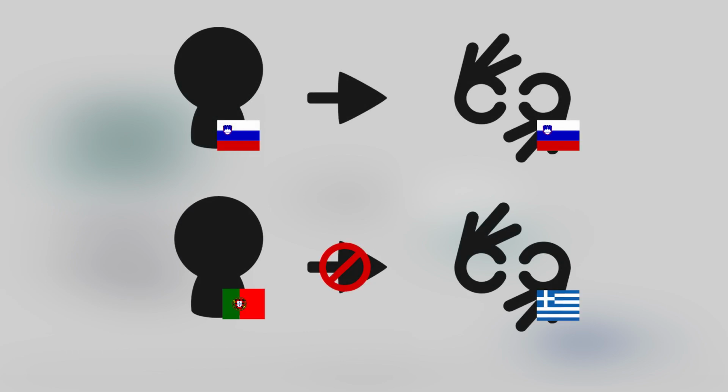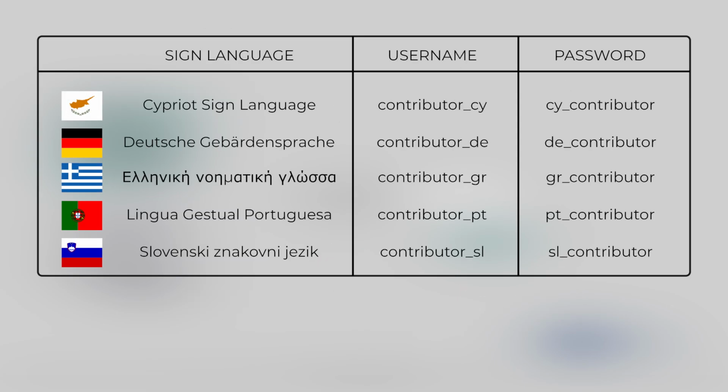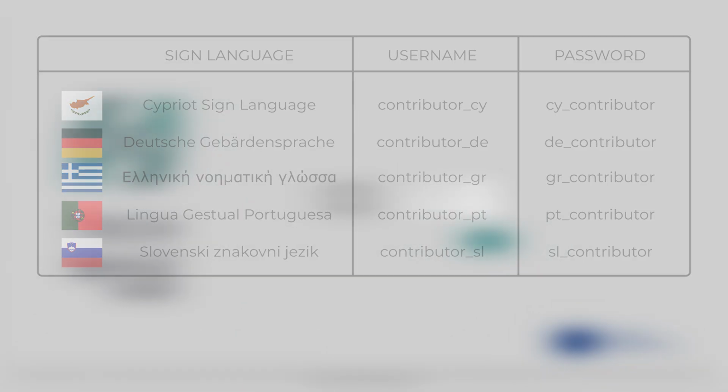If you remember from the previous video, user accounts are tied to a specific sign language. The credentials for all languages are available in the text above this video, but we will also put the list on the screen here. If you use those credentials, you will have access to the Studio and be able to configure signs for yourself. Pause here to copy the username and password. You should use the credentials of the language pair you are most familiar with.